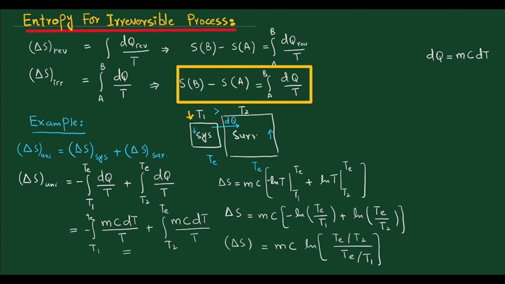Te and Te will cancel out, and we will get the change in entropy for the universe is equal to mc times the natural log of